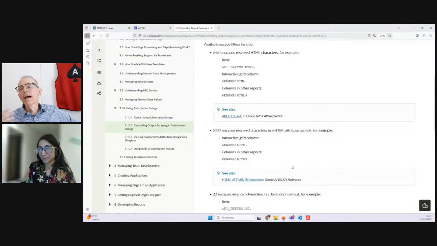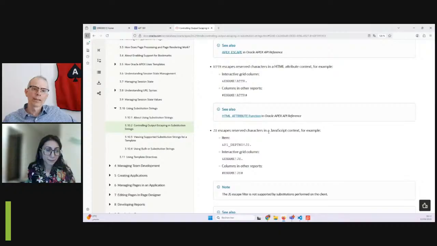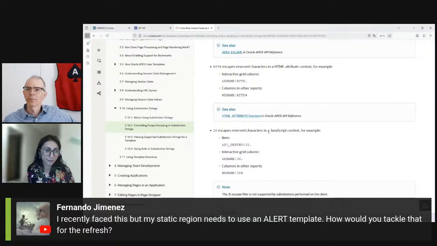Exactly. So I suppose it's not if you don't care about security. If you know for sure that that value is safe, you can use bang raw, right? Exactly. Okay. Well, that is a great tip for me. We finished with 10 seconds left, so